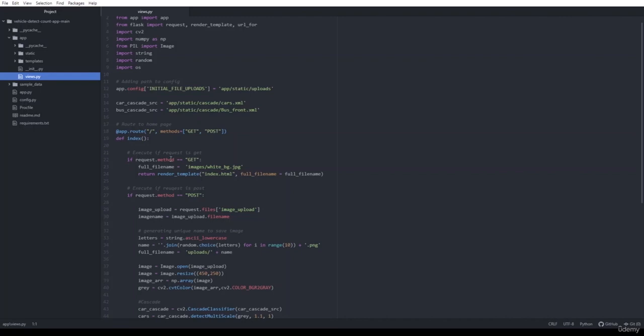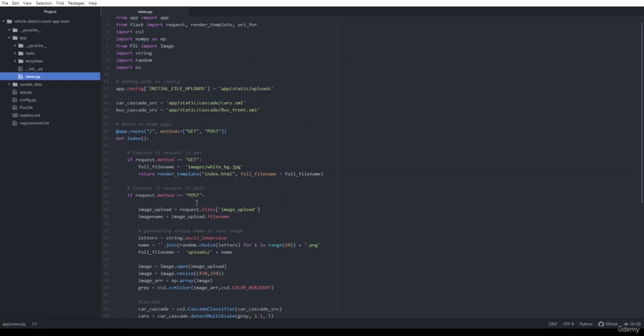So if request.method equals GET, it will show us the white background and render the template of index.html, and index.html is our home page. Whenever we click anything or do something on our home page, it will execute the POST command.